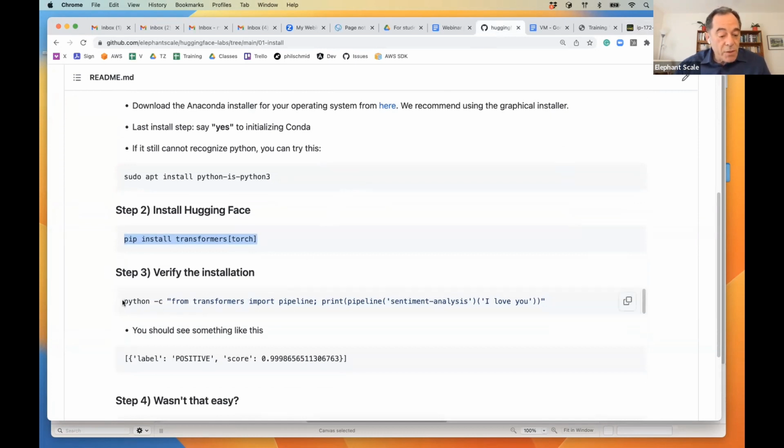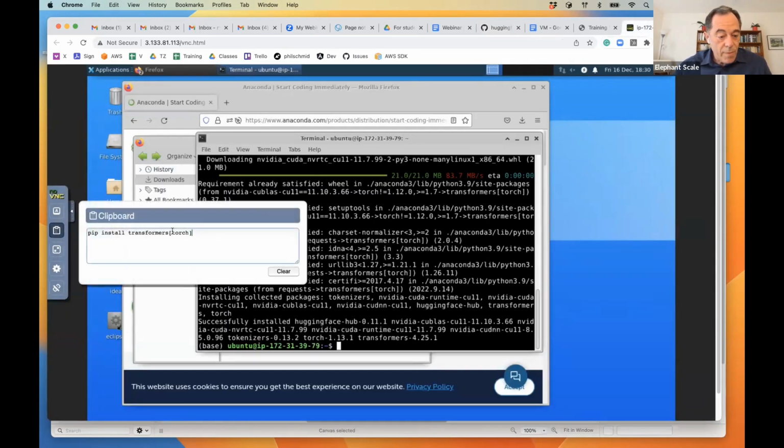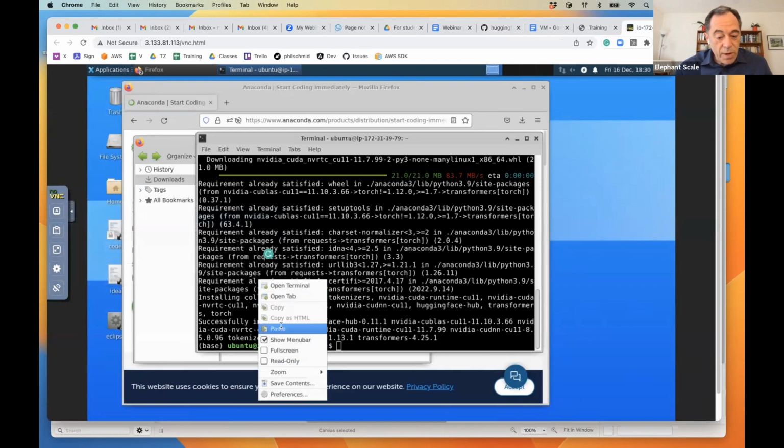Meanwhile, everything installed, and I'm going to copy this command and run it here. Okay, it now knows where it is.